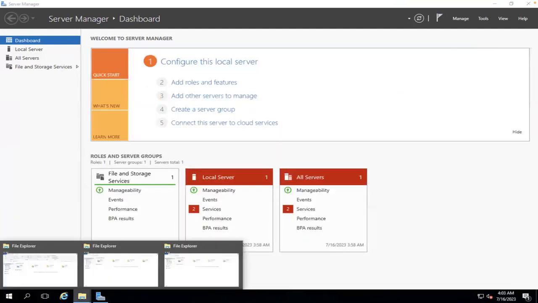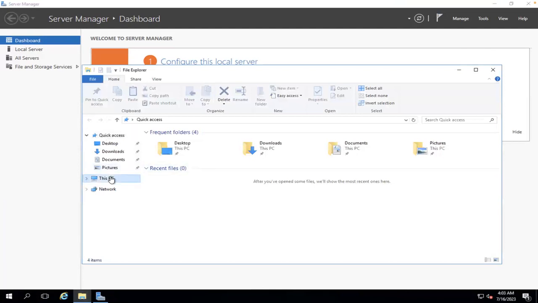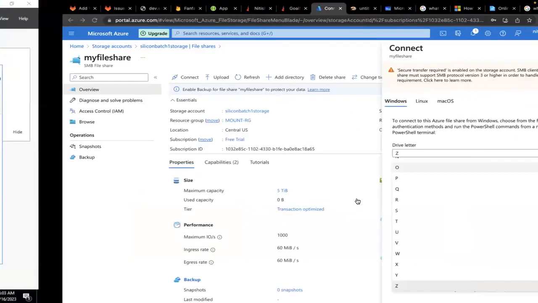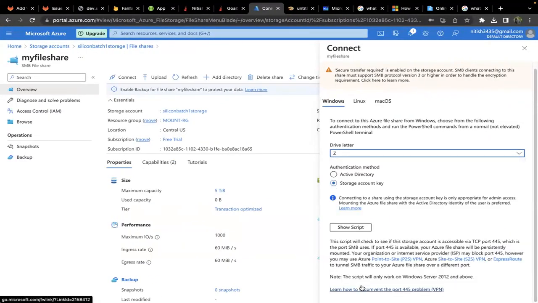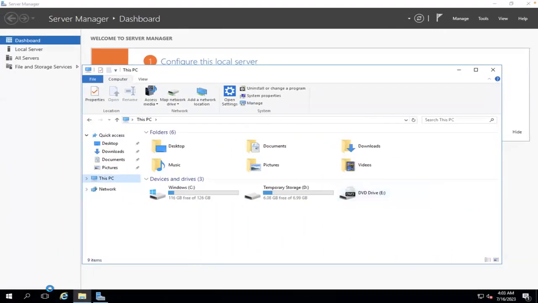ठीक है, जस्ट क्रॉस दिस वन, क्रॉस दिस वन। सो यू गो टू दिस पीसी, तुम्हें यहाँ पे दिखेगा कि यू हैव विंडोज सी, टेम्परेरी स्टोरेज डी एंड डीवीडी ड्राइव ई। ये बोल रहा है वॉटएवर ड्राइव नेम दैट यू वांट टू गिव, लेट्स गिव दैट जेड ड्राइव। स्टोरेज अकाउंट की, आई विल शो दिस स्क्रिप्ट, आई विल कॉपी दिस अप, और हम इसके पावर शेल पे, आई विल गो टू द पावर शेल।